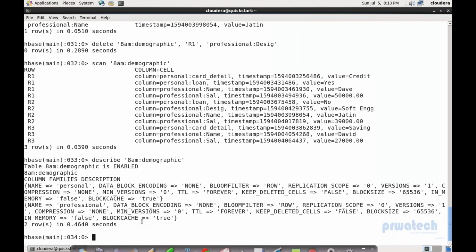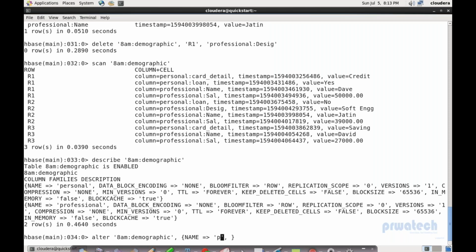So obviously for changing existing detail, we will use the alter query: alter, table name, which is 8M colon demographic, comma, you want to change for which column, write that column name. Suppose I want to change it for personal. So personal, comma,